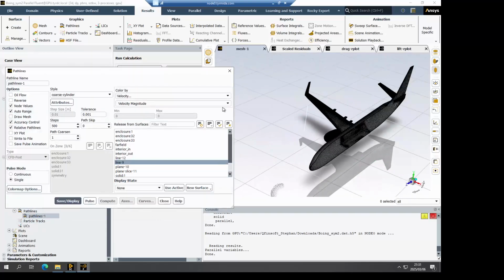So now I can go and display path lines. First of all, let's do it from the line. And it's colored by velocity magnitude. So you can see the velocities as it flows across the wing.